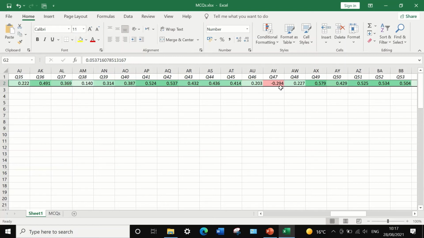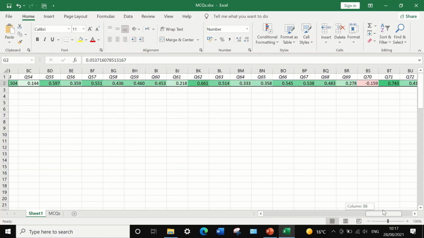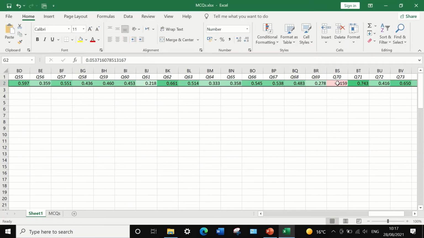So there is something wrong with these questions, and the best way is to exclude that question and remove it from the exam. Also similar things, question number 70, as it's also negative. Negative means it is a bad question. So anything close to 0 or minus needs to be removed,